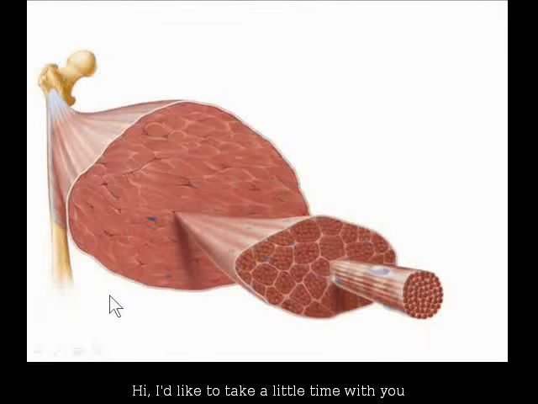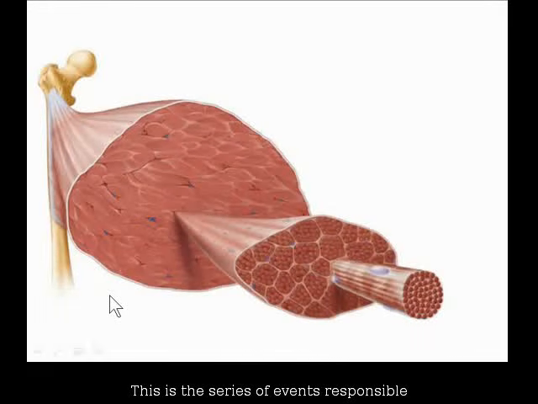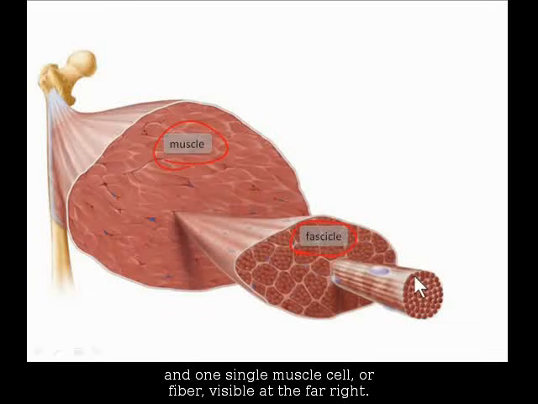Hi, I'd like to take a little time with you to explain the events of the Crossbridge cycle. This is the series of events responsible for the actual contraction of muscle. Here we see a muscle partially dissected to show a fascicle and one single muscle cell or fiber visible at